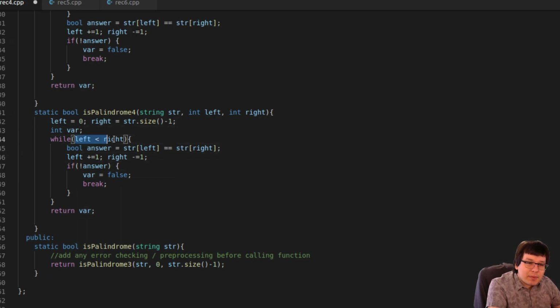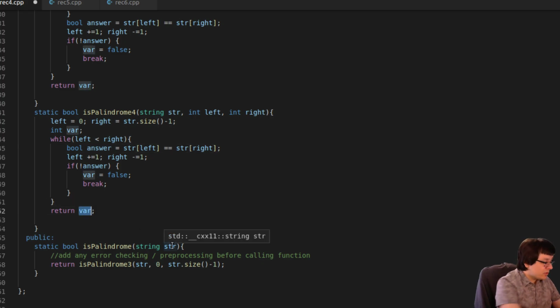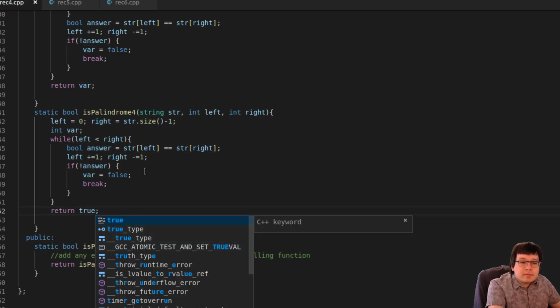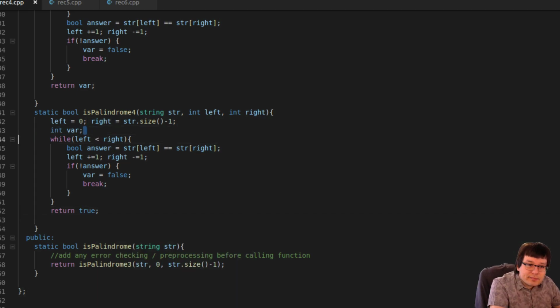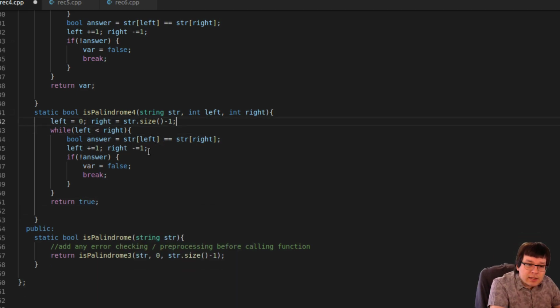And if this ever happens, then I know that I have achieved palindrome. So I can just go ahead and say return true. And then when I know I have not achieved palindrome is when that basically is not true. So I can take this and basically put it in here